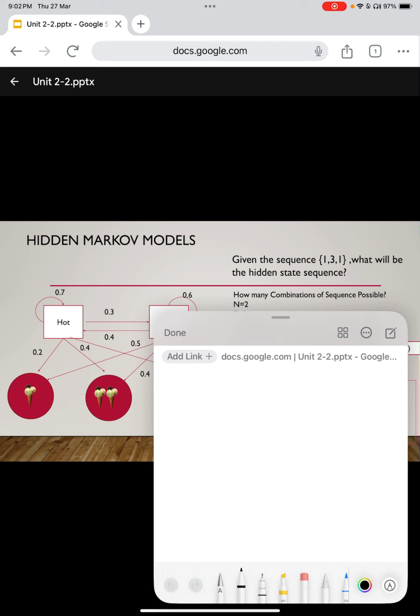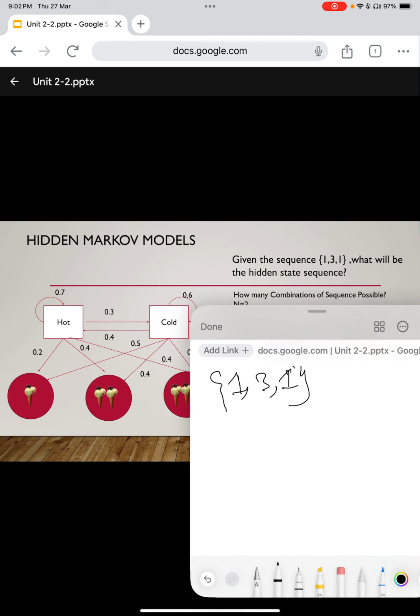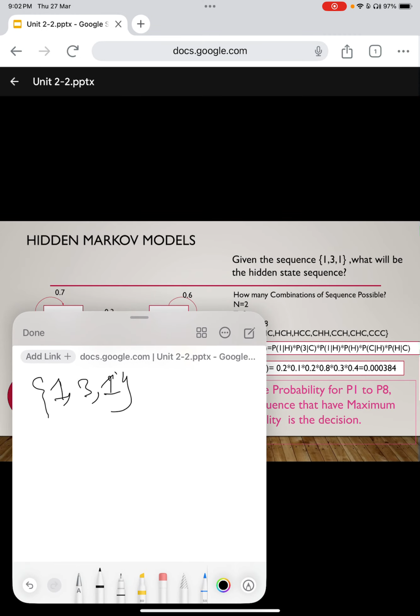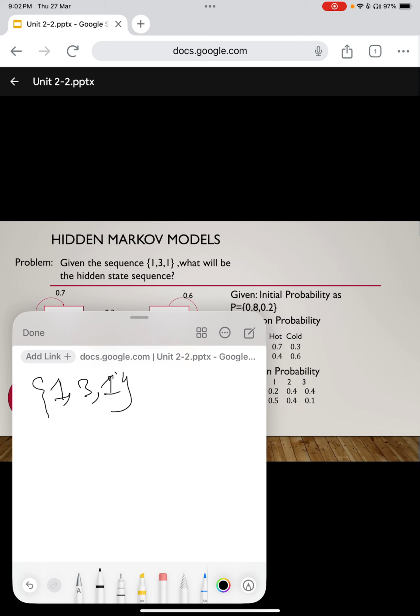So how to solve this? For example, they have given the observation sequence as 1, 3 and 1: one ice cream, three ice creams, or one ice cream. For this we have to compute the hidden state sequence, that is, hot or cold. To determine the hidden state sequence, hot or cold,